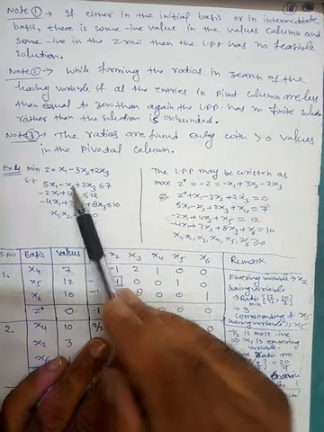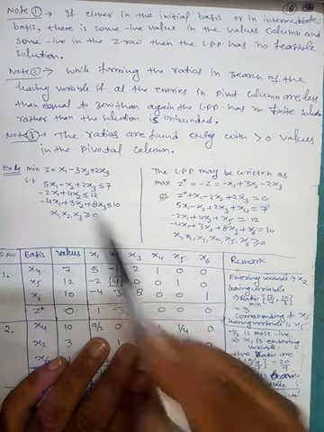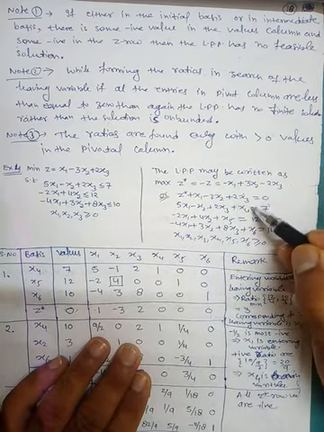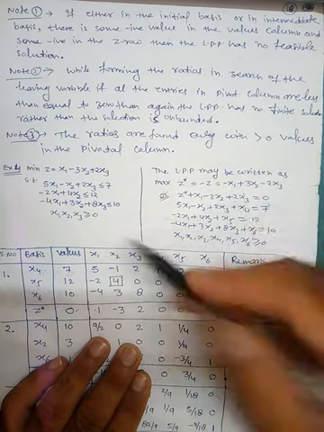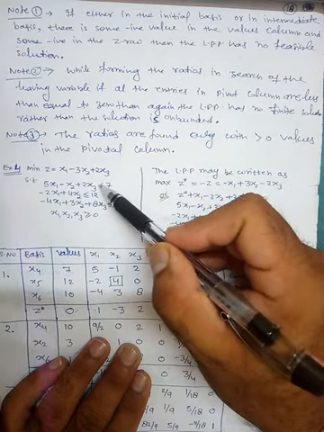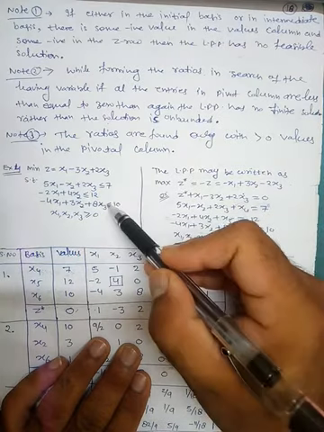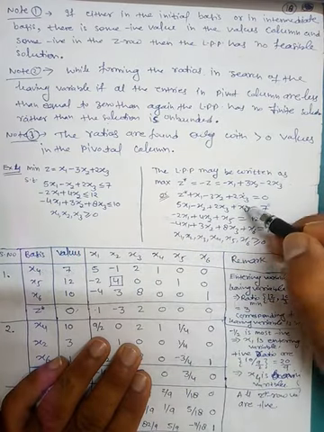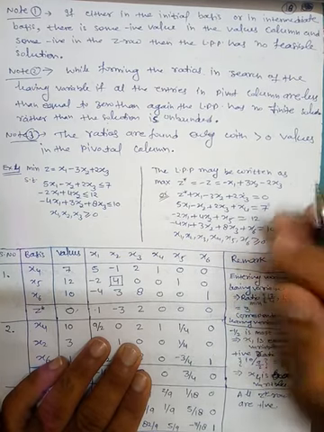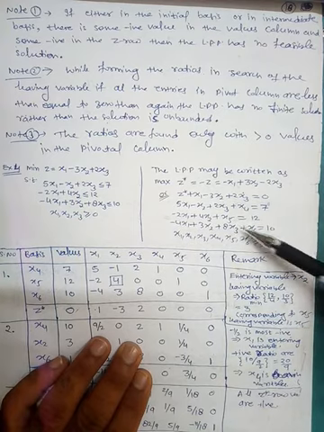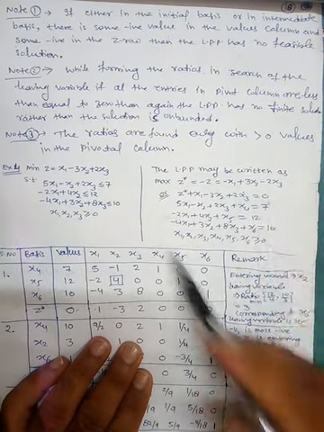Then for the constraints, add a slack variable in the first constraint. Here the slack variable is denoted by x4. You can also write this as s1. Add another slack variable x5 in the second, and x6 in the third. You may also write x4 as s1, x5 as s2, x6 as s3. You can use either x4, x5, x6 or s1, s2, s3. Then this is the standard form.